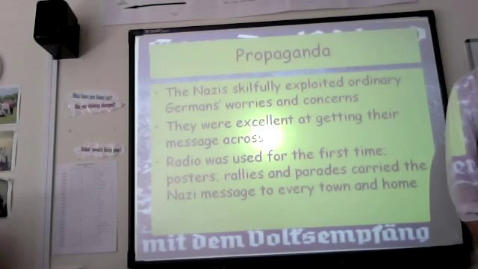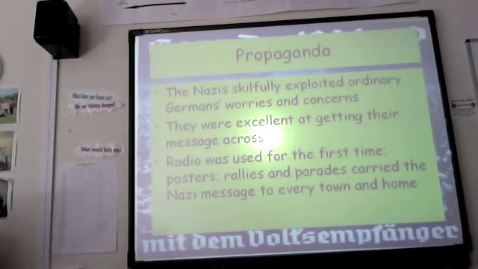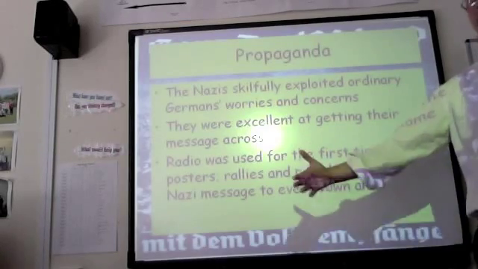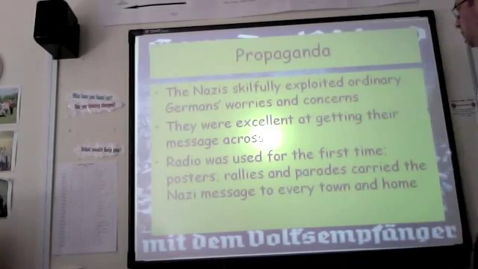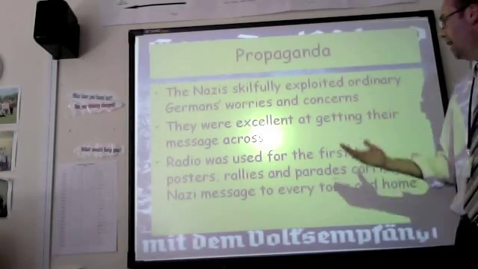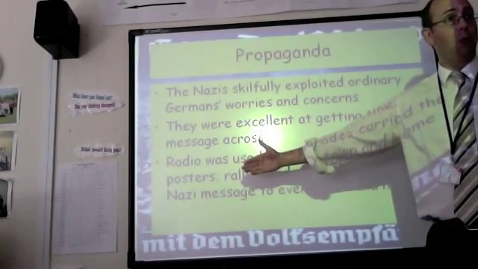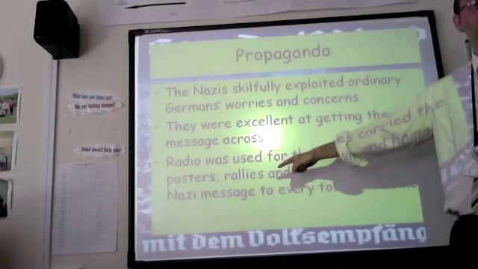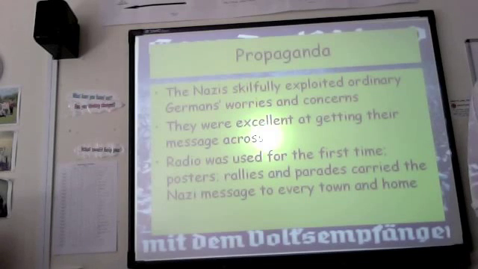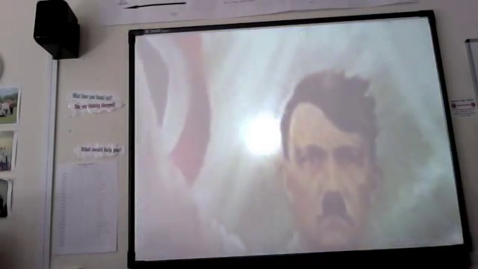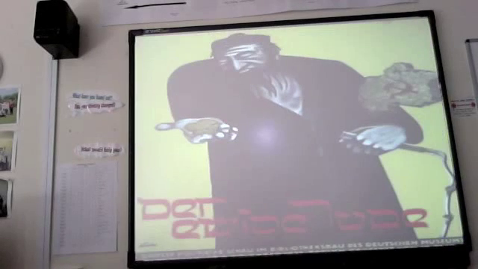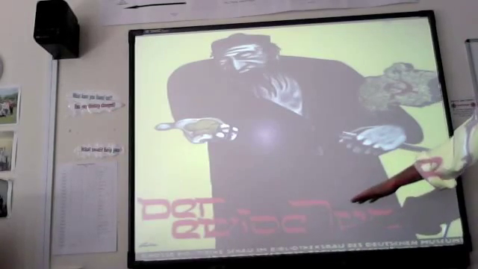They were modern. They used new technology. Many older German politicians wouldn't have dreamed of sitting in front of a radio to speak to people. They would only have conducted interviews with respectable newspapers, not the Nazis. They used the radio. They were effective makers of posters, mass rallies, the parades that you remember them for. They got their message everywhere in Germany. Different examples of how their message got across: they're all simple posters. They've all got limited information. They get the message